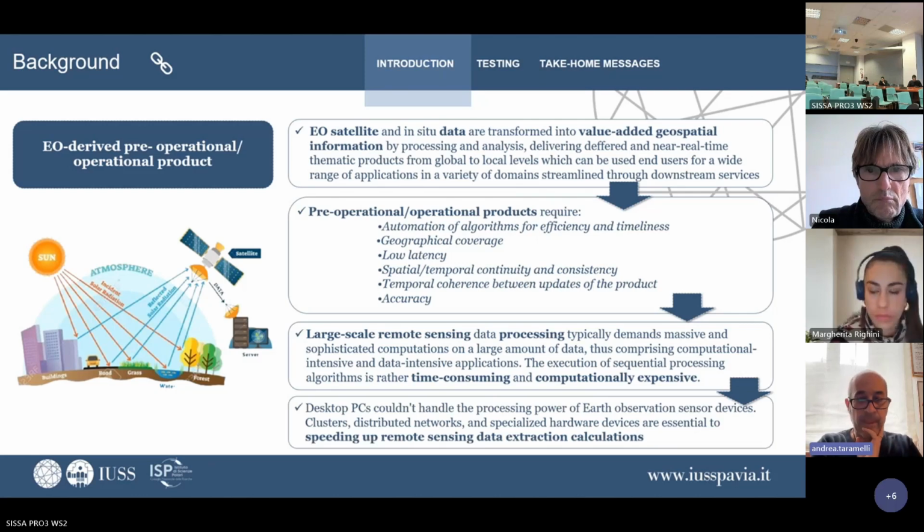Of course, we cannot do this with a desktop PC, so we have to set up infrastructure that accounts for two major issues. At the end of the presentation, you will see that our results are already setting up what could be a baseline for the HPC, but also for the type of data storage that we need.